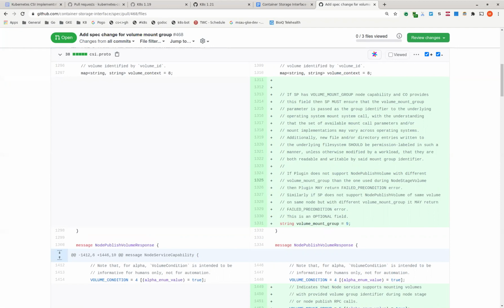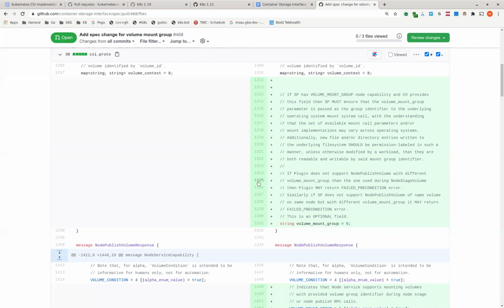This sounds great. I guess by may, then what is the other alternative that they can do? They can succeed. But here it says if it doesn't support it. Yes, if it does not support node publish volume with a different volume mount group than used during the stage, then it may return the error, otherwise succeed.